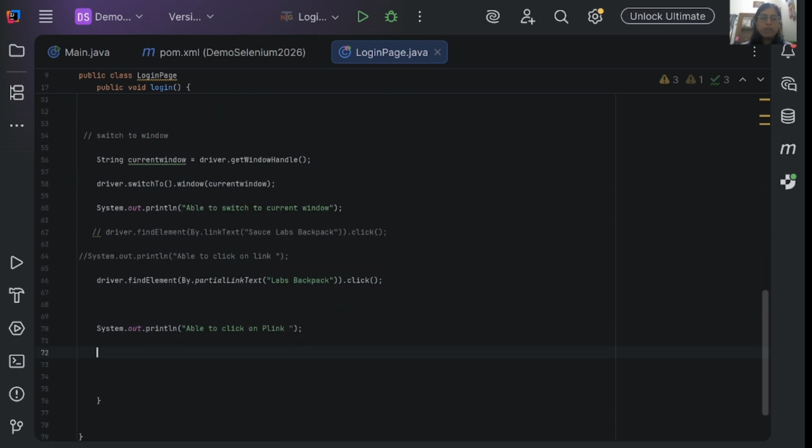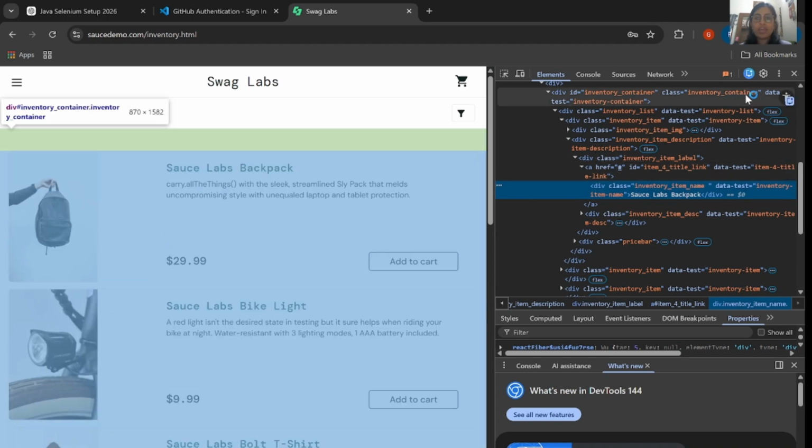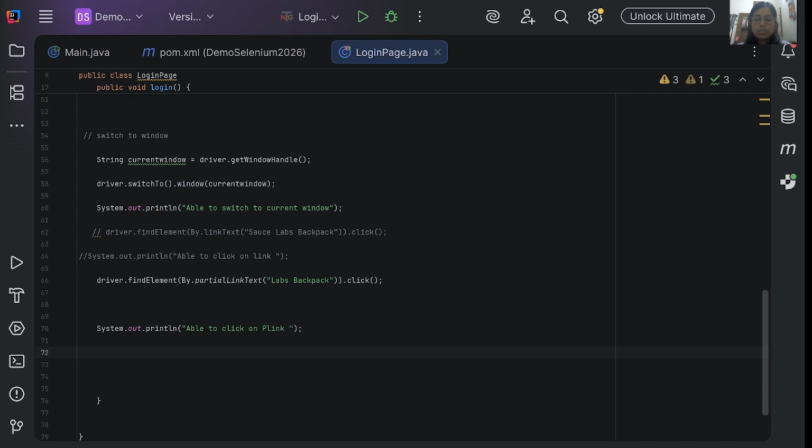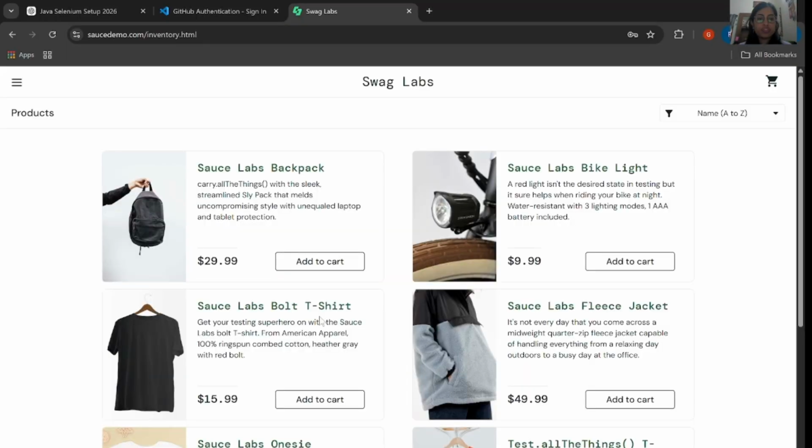Now there is one more thing I wanted to let you know. If in a page or a window I have multiple links, and I want to know how many links there are, how can I know about this? I can get the link list details or the count of those links. So I can do it this way and store that. First, driver.findElements by partial link text. I want to see how many links there are that contain the word sauce.